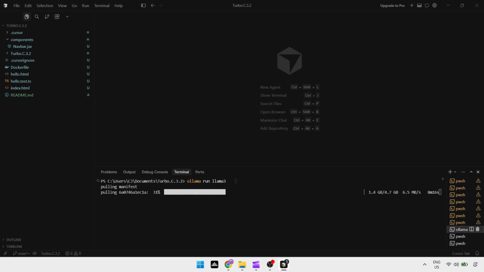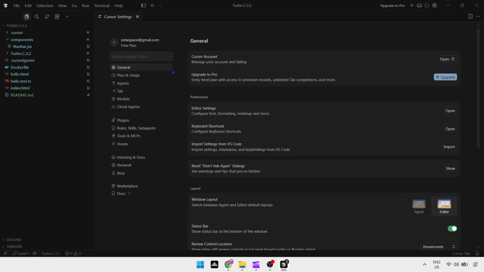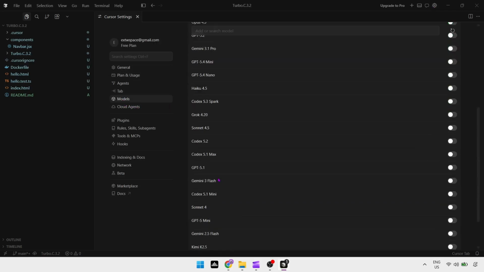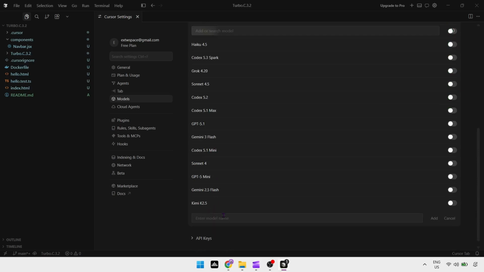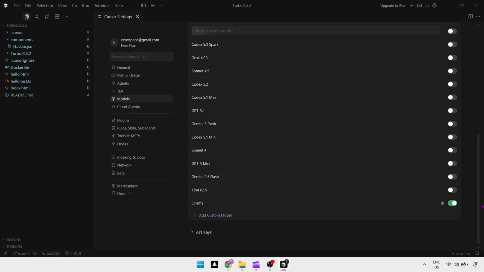Now, open Cursor and go to Settings, then look for Models or AI Providers. Here, add a custom provider or endpoint and point it to Ollama's local server. Once that's set, switch your active model in Cursor to the Ollama one. Now when you use AI features like chat or code generation, Cursor will use your local model instead of an